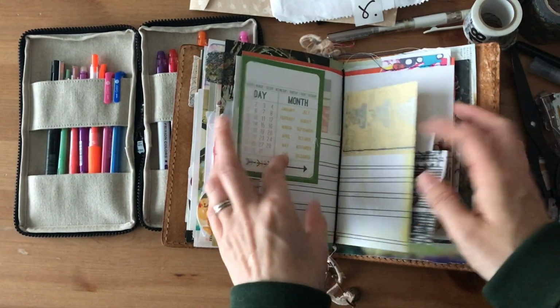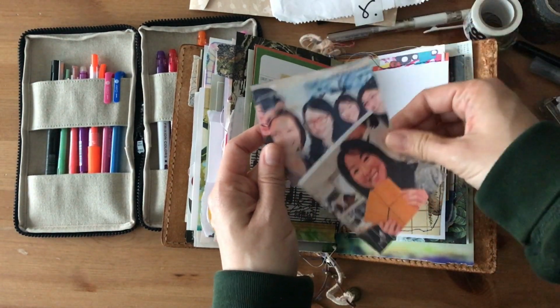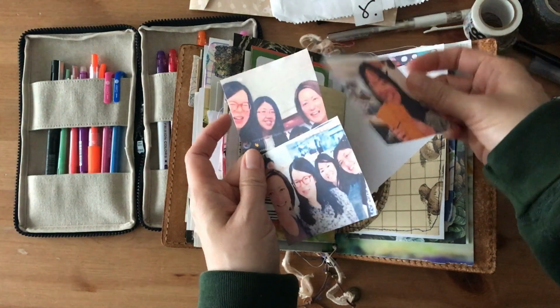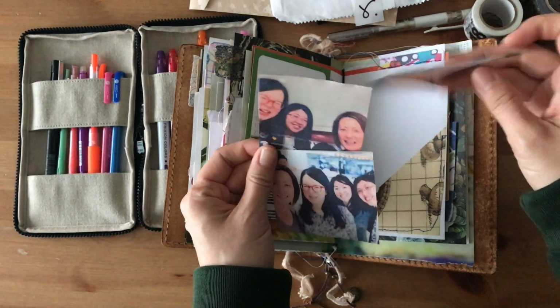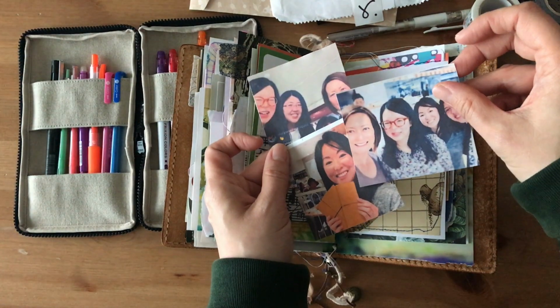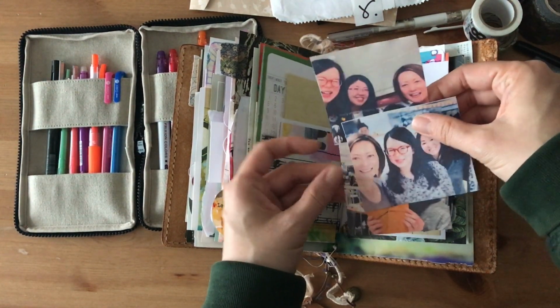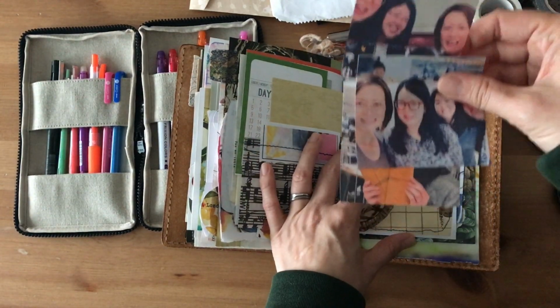Let me find a spread. I printed out some photos. These are from the Instagram, so the quality isn't that great. It's just regular printer paper. I don't have photo paper. Well, I have the Daiso ones, but I just thought I would print them off on regular printer paper